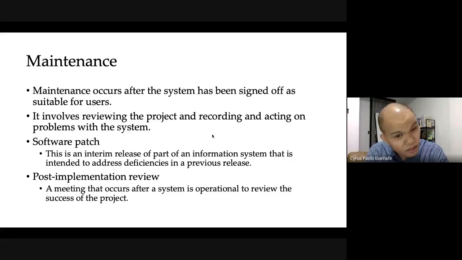Now, typical patches tend to be security in nature because obviously, if there's a security breach, then that can really cause disruption in your business. But some other patches would be in relation, let's say, to regulation. Maybe there's a new law that wants everyone to make sure that it gets applied or implemented right away. So a patch is normally the easiest route to take. You don't have to wait for the next release, which would probably take you a long time. So there are many reasons why you want to go through the patch strategy.